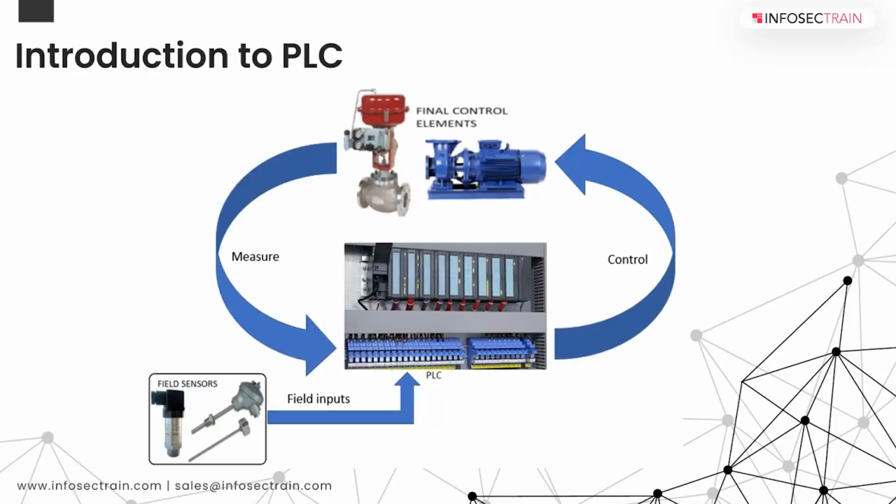So here you see a PLC in terms of how it actually operates. You have these different sensors here going in as field inputs into the PLC IO modules. This is not IO modules. The IO modules are here. These are the terminal blocks where you do the wiring. This is a good practice. You give it to the IO modules, and sometimes we have surge arresters or IS barriers located here. They are for safety features, right?